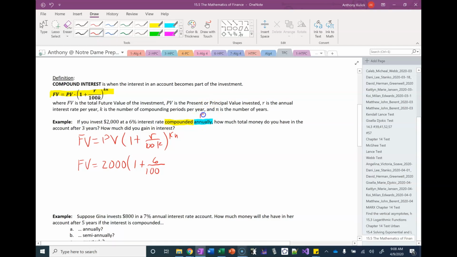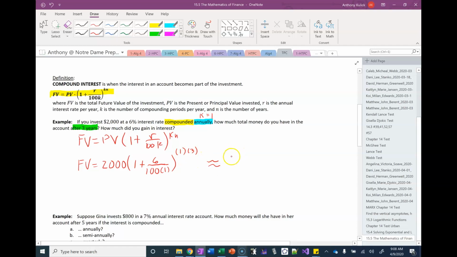Notice it says we're compounded annually. That tells us that K should be 1. And then for N, we know that this is 3 years. So when we type this into our calculator,